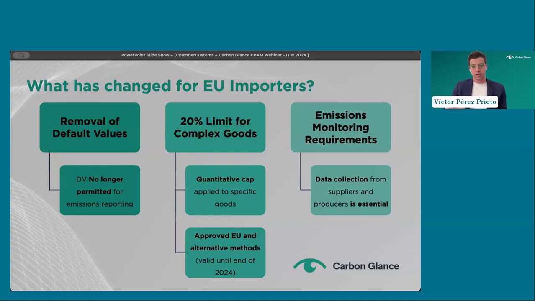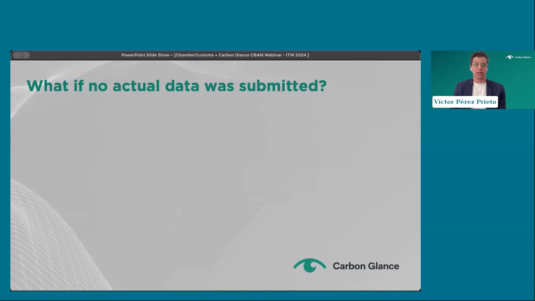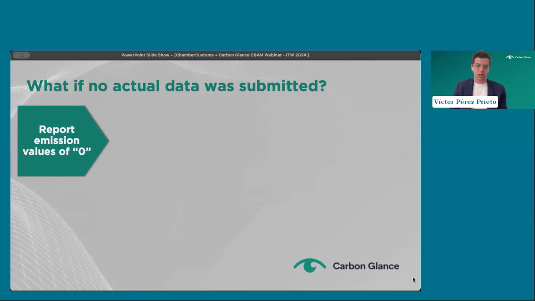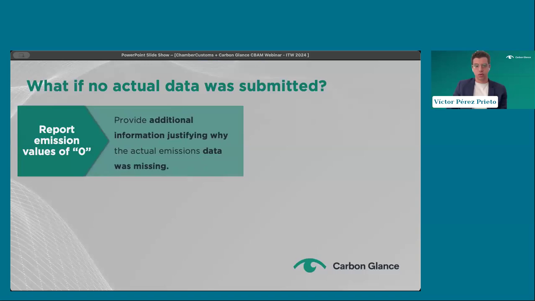Now the question remains, if we move to the next slide, what happens when this actual data was not submitted? And let me be clear, this situation was very common, especially during the last October report, because it was the first one with the obligation to use actual data. So in those cases where importers were not able to submit actual data, the rule was that they had to report emission values of 0.